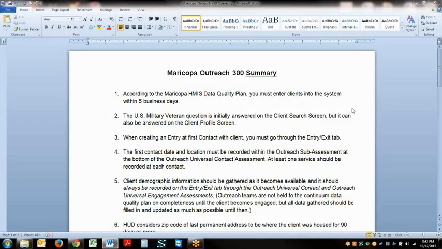Now, let's take a moment to look over this summary. There are a few key points we would like you to keep in mind. According to the Maricopa HMIS Data Quality Plan, you must enter clients into the system within 5 business days. The U.S. military veteran question is initially answered on the client search screen, but it can also be answered on